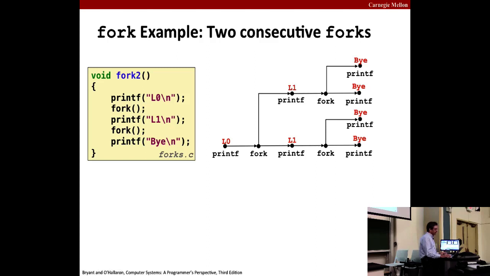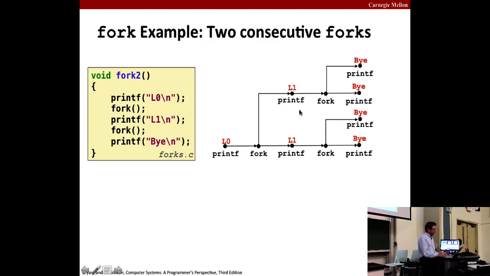And then both parent and child execute a fork. So that creates another child. That creates two children. And so that returns to the printf, which says bye. So the result of calling fork twice like this is that it creates 4 processes. And if it's confusing, you can always work it out with the process graph like this.